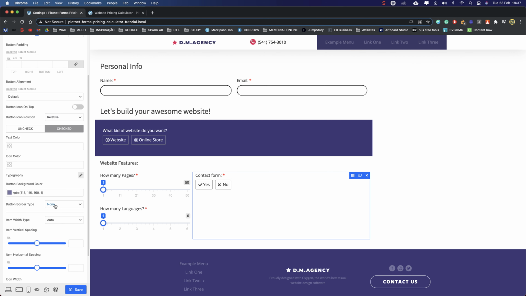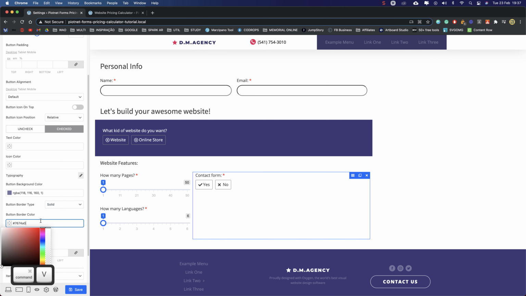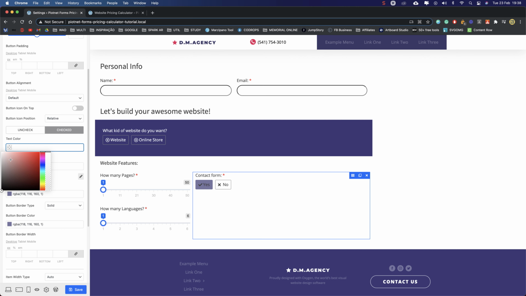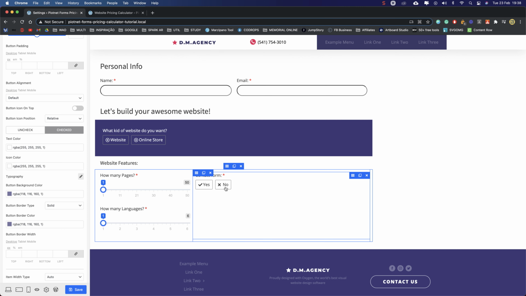Okay, and let's do the same to the border. So what we need to do on check is change the text color to white as well, and the icon color to white. Okay, perfect, looking good.